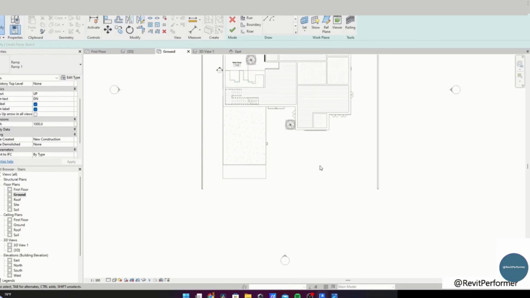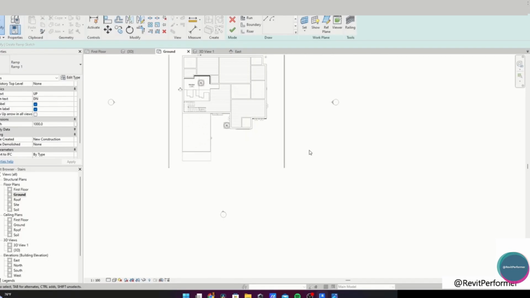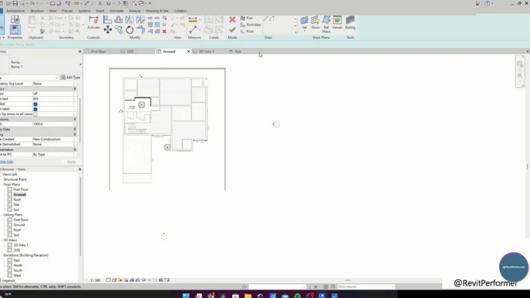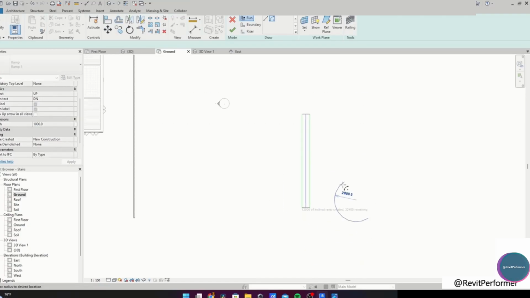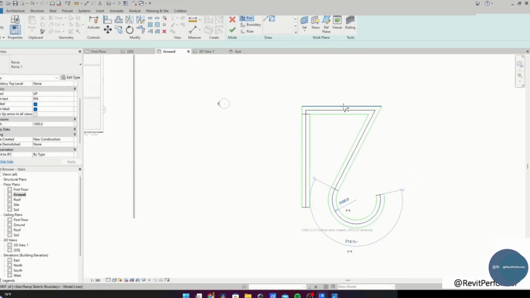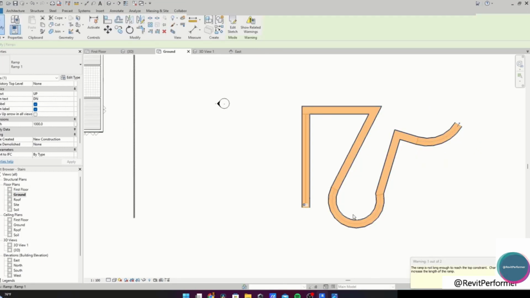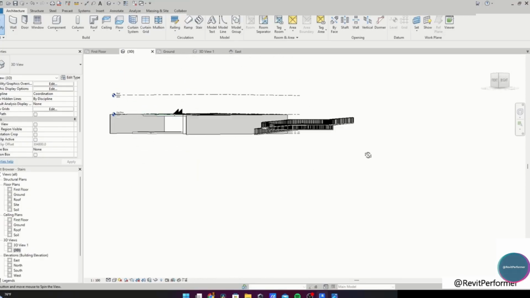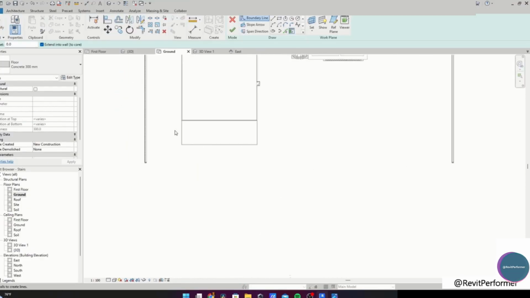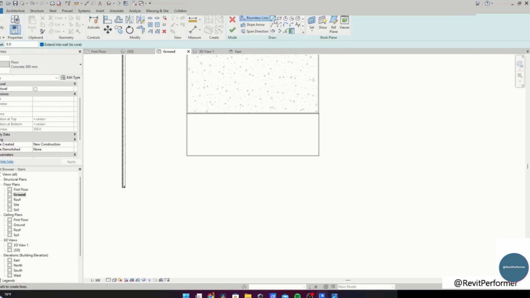Now, if you want a curved ramp, you can also do that. And if you double click, like over here, it'll automatically connect the ramps. Now, these are 1 to 12 ramps that take into our ground. It'll simply draw a floor. Okay, so now I have a floor. I'll simply draw a floor of concrete like this and click OK. I'll edit it so I match. I'll go to Align and I'll align it with the already present floor.